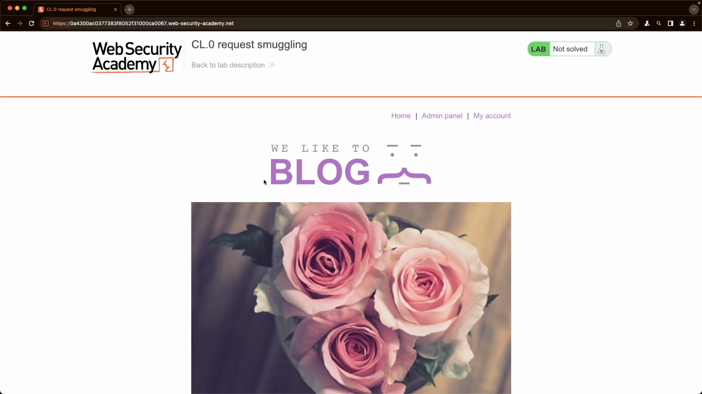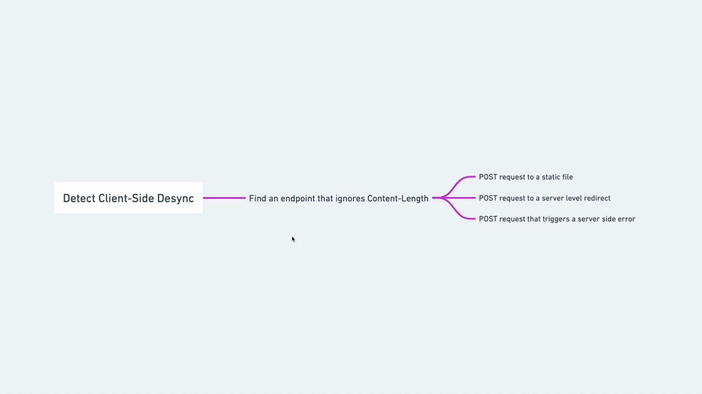There's a specific set of endpoints in this lab where the frontend is using content length while the backend is ignoring the content length, which is equal to content length 0. So that's why this vulnerability class is called CL for the frontend and .0, so content length 0 for the backend. To find and detect a vulnerability like this, we need to first find an endpoint that ignores the content